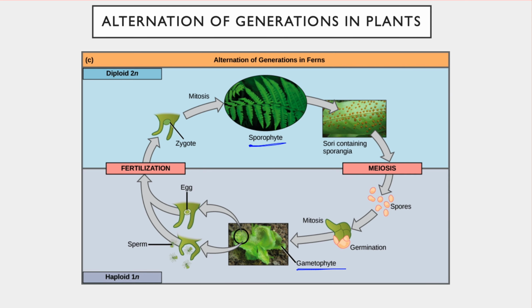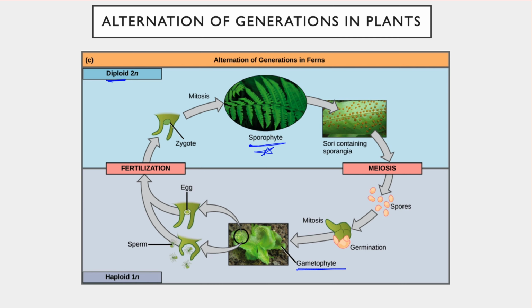The dominant version of the generation within ferns specifically is the sporophyte generation, because those particular cells that make up that organism are all diploid. That's the majority of the type of the organism that we see of ferns, rather than the